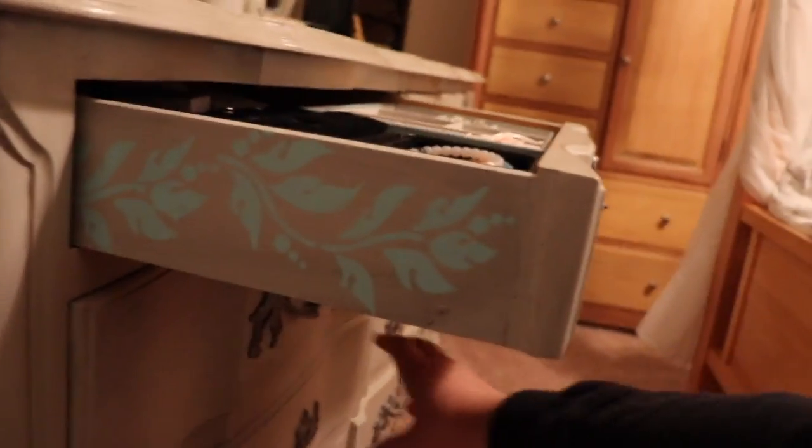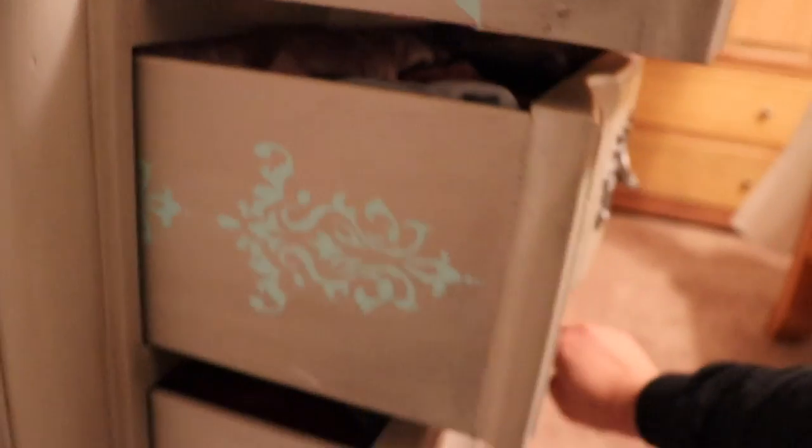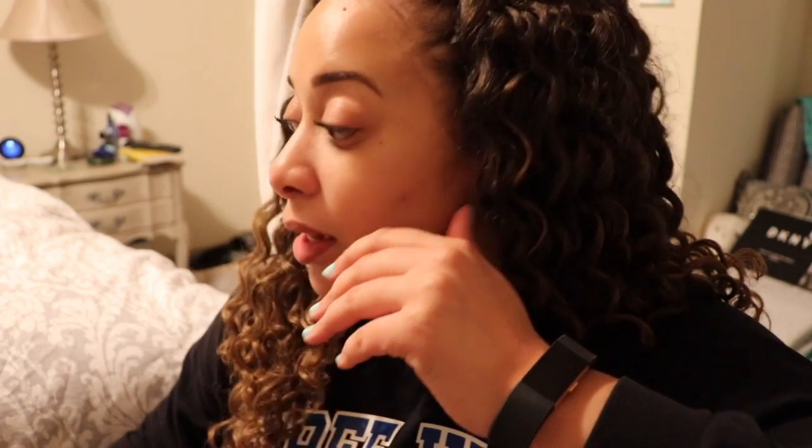But I just wanted to show you something bomb that she did. She's so extra and I love it. Look at the sides of the drawers. How amazing and unique. No one does this. I love her so much. So those are my drawers. And I didn't get the armoire yet. We're working on finding it. Obviously my nightstands completely match the dresser, so we're trying to find the exact same armoire to replace that. So that's the goal right now, and then I'll pretty much be done except for my bed,